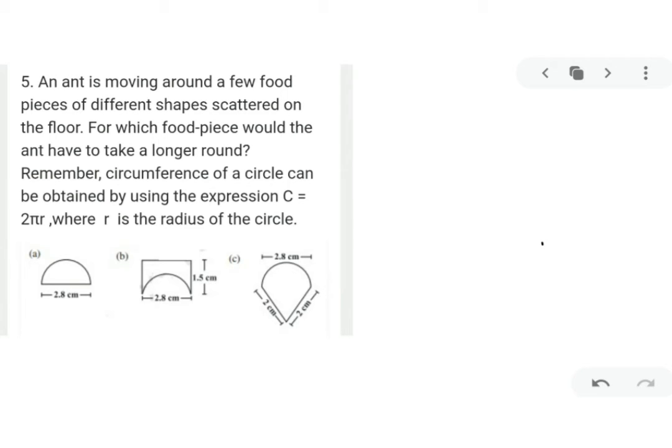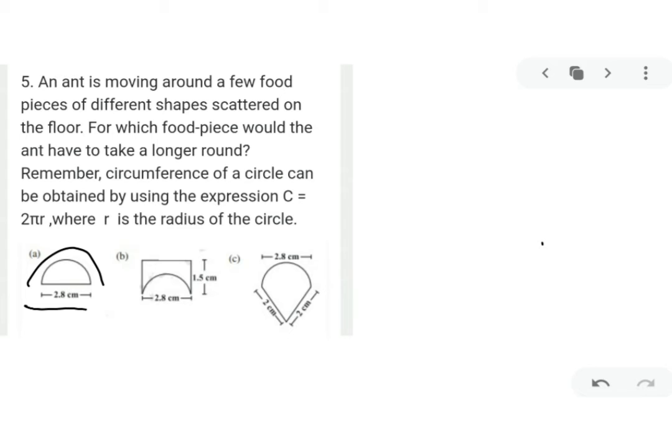Our next problem says an ant is moving around a few food pieces of different shapes scattered on the floor. For which food piece would the ant have to take a longer round? Remember, the circumference of a circle can be obtained by using 2 pi r, we know very well, and r is the radius. So in a way, if the ant has to move around these,